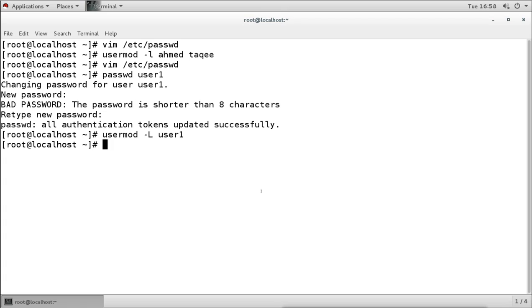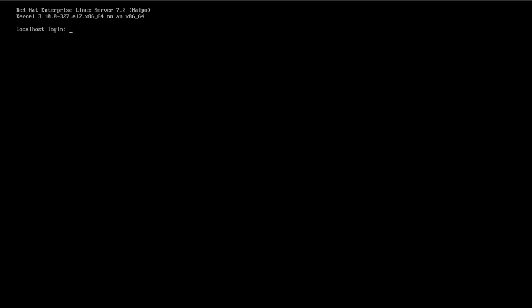Now when I try to log in with this user account, it will not log in; it will say login incorrect. It is not saying that it is disabled, it is saying login incorrect because of the password lock. It actually disables the password.